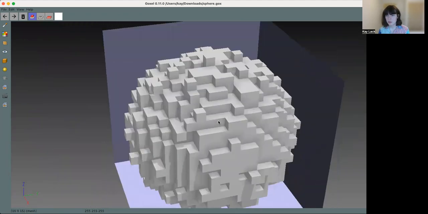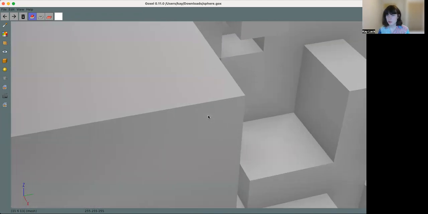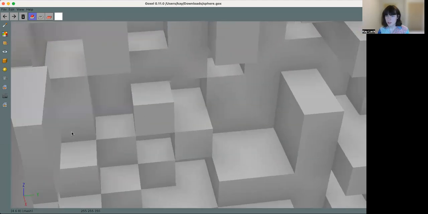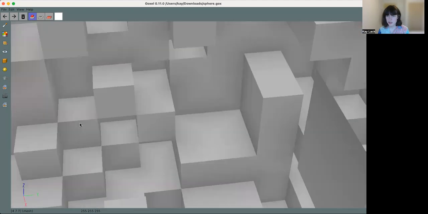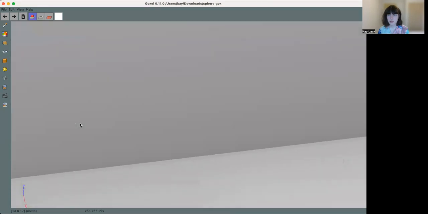And well, it looks pretty nice. If we zoom in, we can see that there's an inside to it. And so we're going to need to count these inside points as well. So it's kind of a hollow sphere,